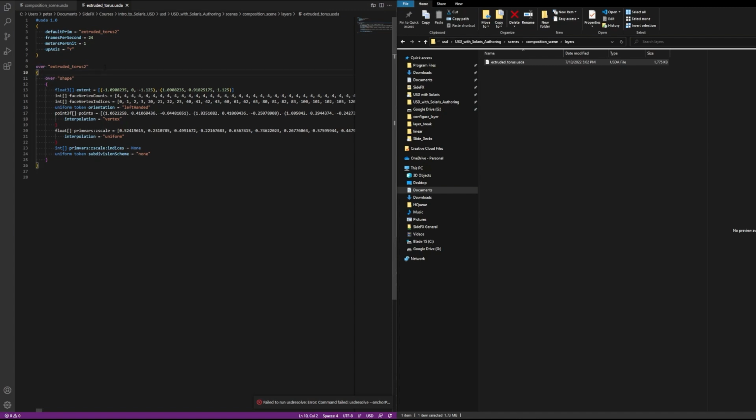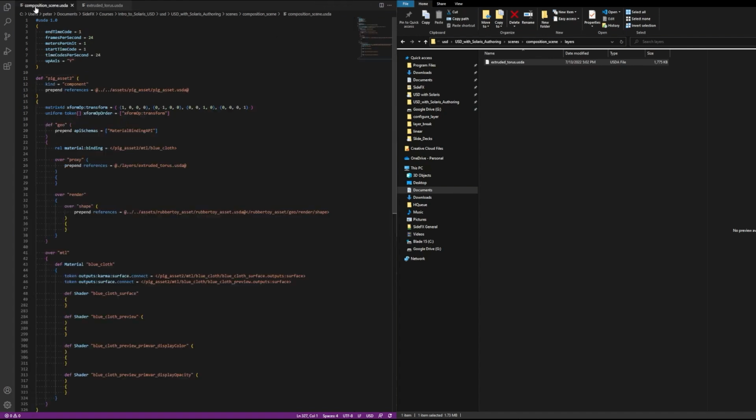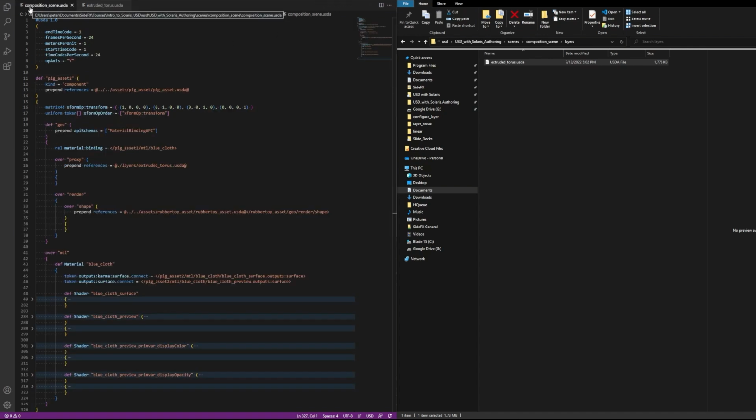And the reason that's an override is because we're taking this geometry and overriding something that was in the scene previously, namely the pig object. So let's go back to our composition scene and we'll see where that comes into effect. So here we're defining our pig asset. That's the first thing, the very top of our scene, and that's a component, and we're bringing in a reference of that. There's some transformation data here,